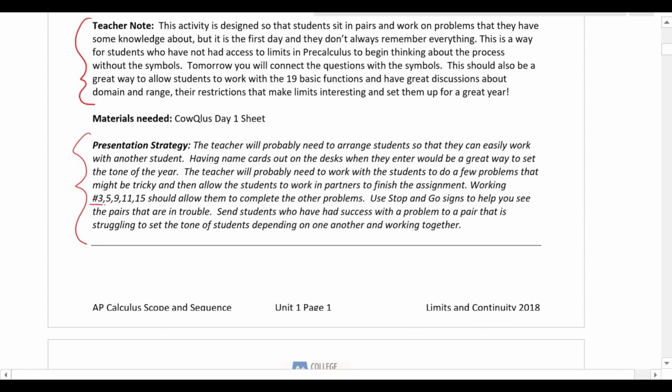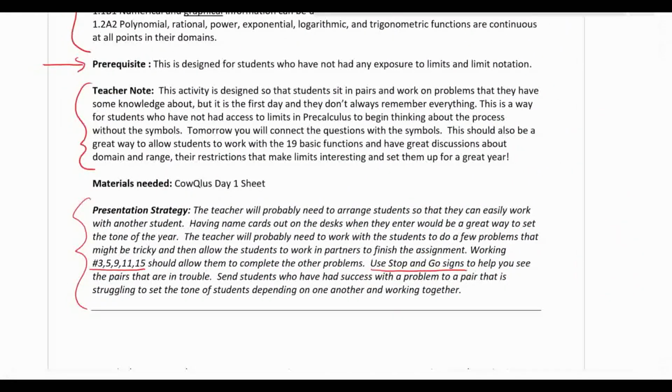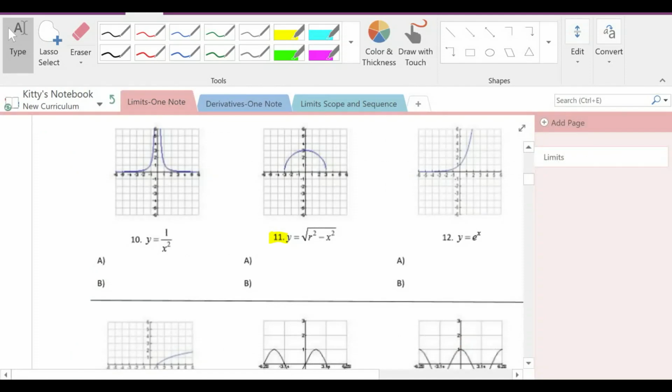So notice that I actually suggest certain problems to work and then give some pedagogical things about stop and go signs and just letting the kids work together kind of things. And that's all of day one. So let's look at day one and let's talk a little bit about how that was developed. So this is the material for day one,